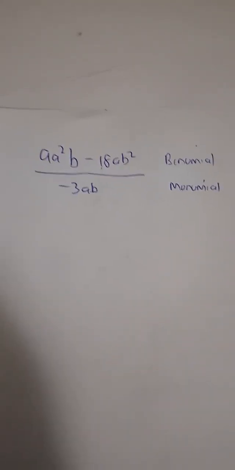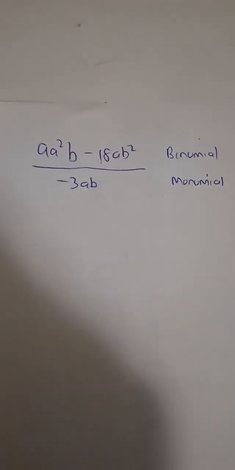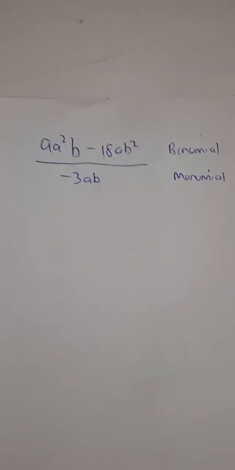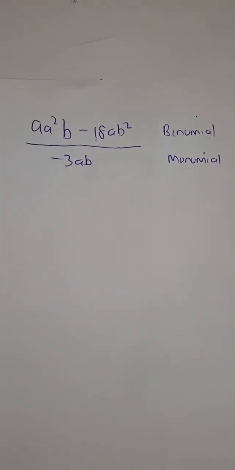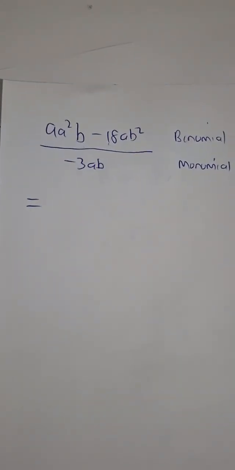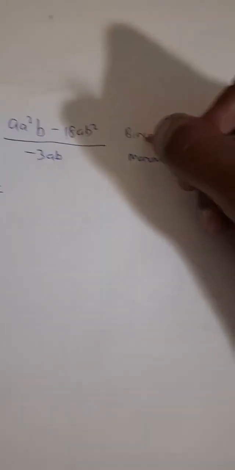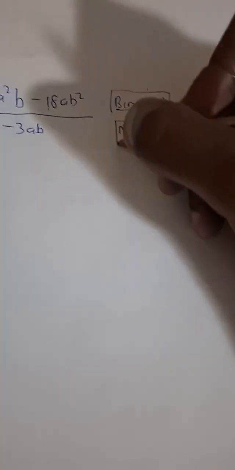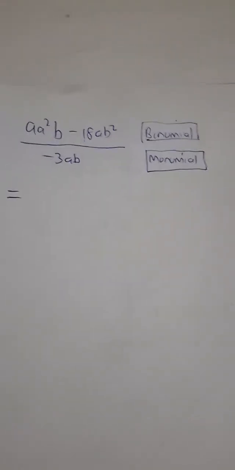We spoke about what we would do as grade 8 learners. Remember, we have not yet touched factorization, so we are not talking about factorization at all. Rather, we are asking ourselves, what do we do as a grade 8 learner? So when we have many terms in the numerator and